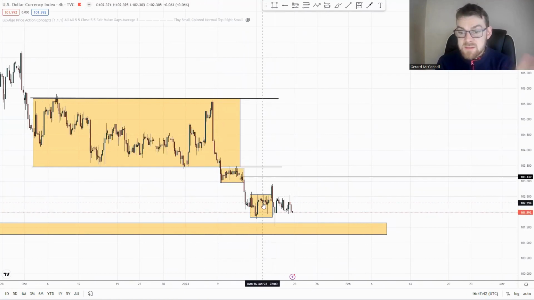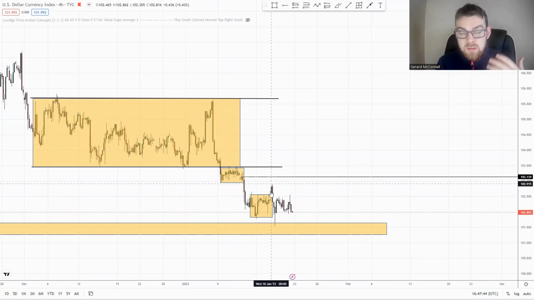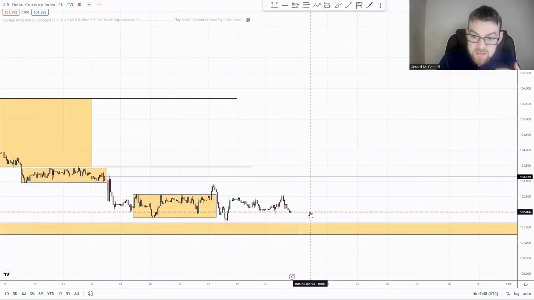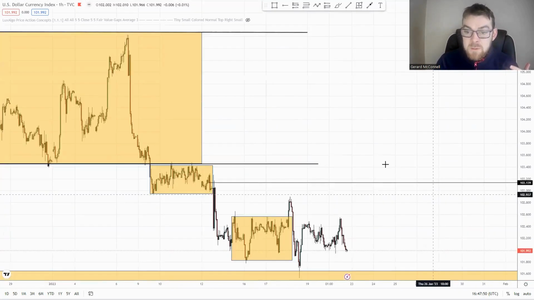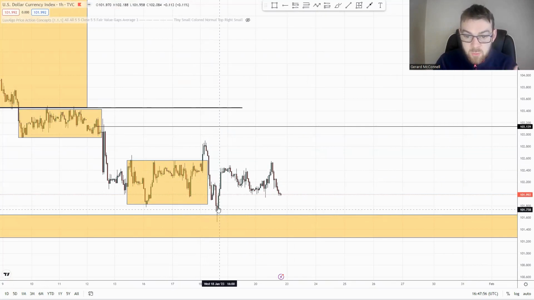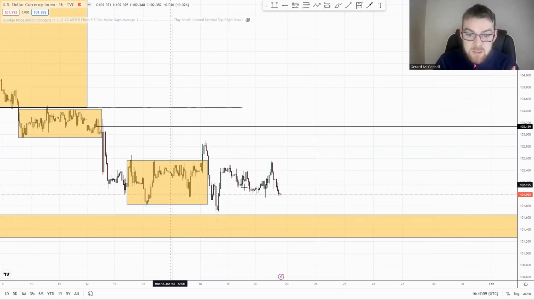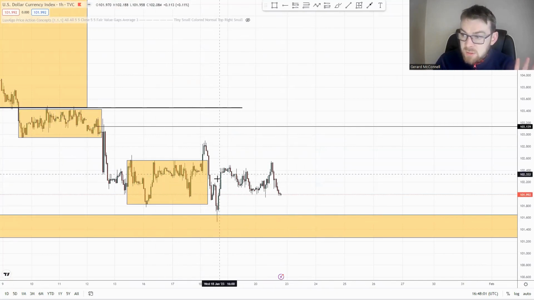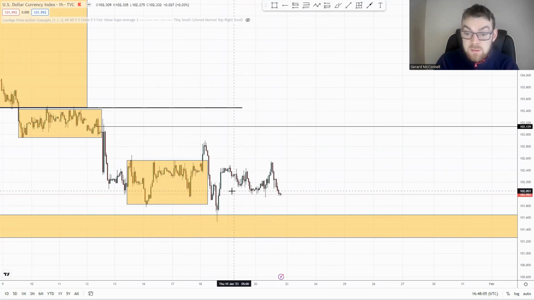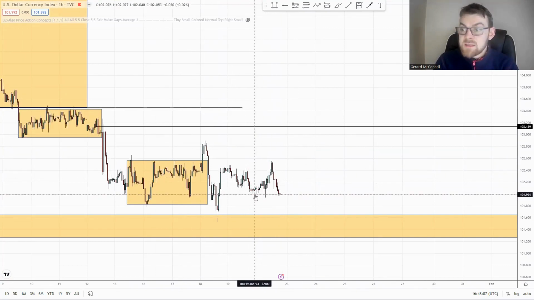Now last week is where things started to get a little bit choppy. Why? Because we moved back and forth out of a broader range. But when you look at, let's say, the 1 hour charts, the lower time frames, you can see that intraday volatility. Last week, for example, on the Dax on Wednesday, we took the highs, very quickly took the lows, came back into the region, rejected this area of liquidity between 102.40 and 102.60, and actually sold off into the close, into these local lows that we've seen from Thursday and Friday.